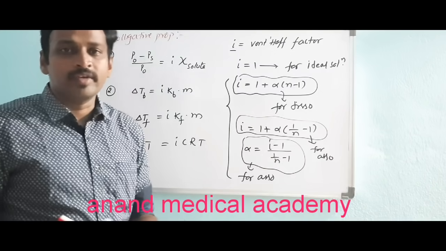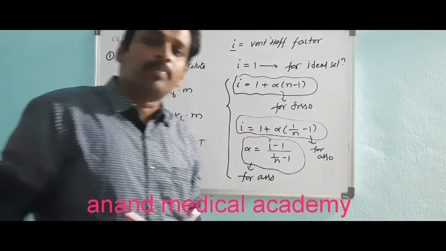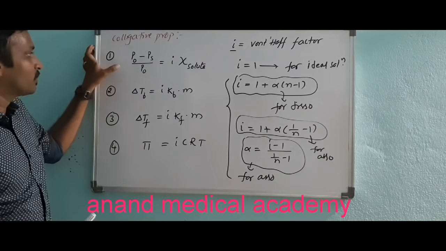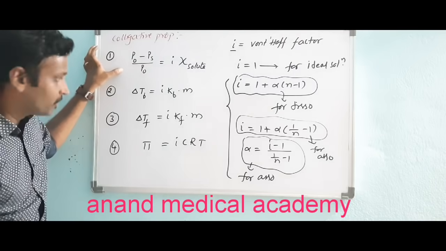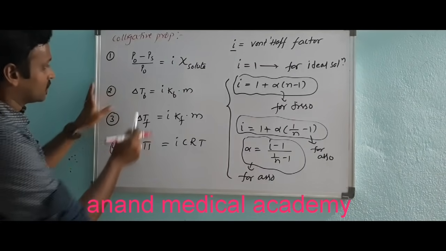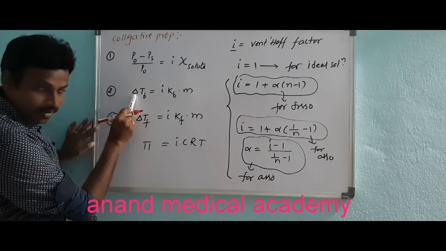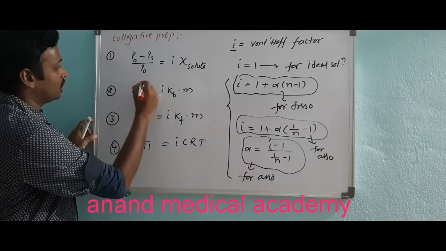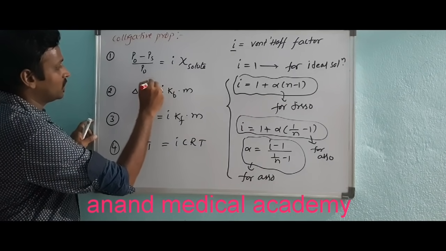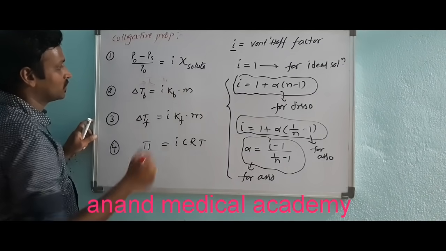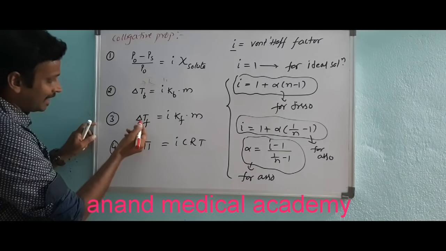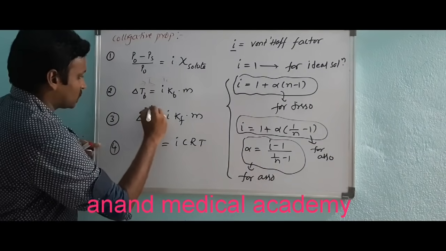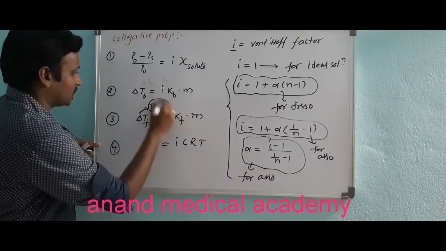Everyone, good evening. In our previous session, we discussed the four colligative properties. The first one is relative lowering of vapor pressure, and the second one is elevation in boiling point. This will be Ts minus T naught, which was given. Delta Tb is nothing but Ts minus T naught. Delta Tf was given as T naught minus Ts, like that, and